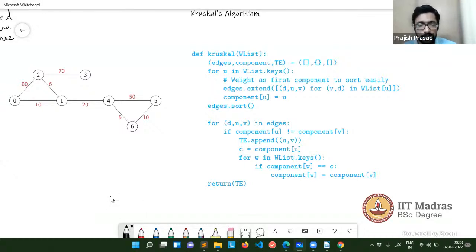Okay, so in Kruskal, what we try to do is, let's say we have vertices 0, 1, 2, 3, 4, 5, 6. Each of them we consider as a component. Okay,